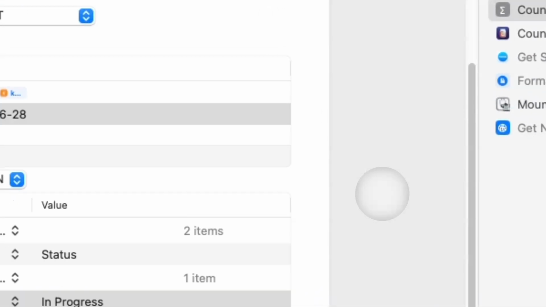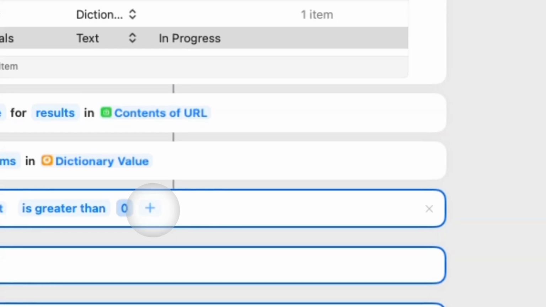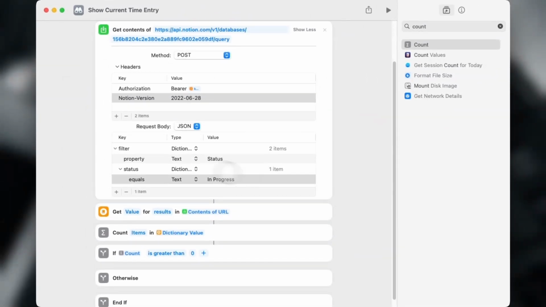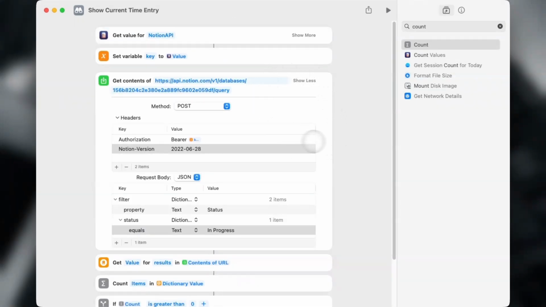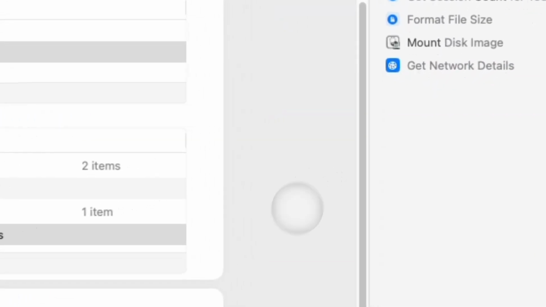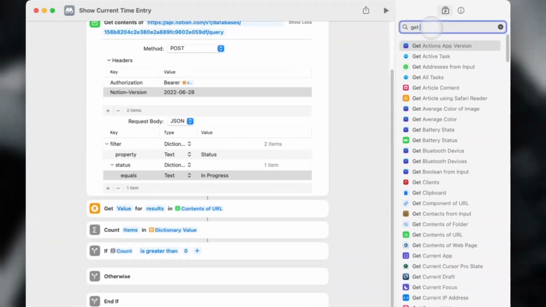So if this count is greater than 0, it resembles the stop current time entry shortcut, but this time we're checking. For the shortcut we also need to see if there are any currently running time entries to display the status, to display the time difference. So if the count is greater than 1, meaning if there is one in progress time entry, we will need to get some data about it, additional data,